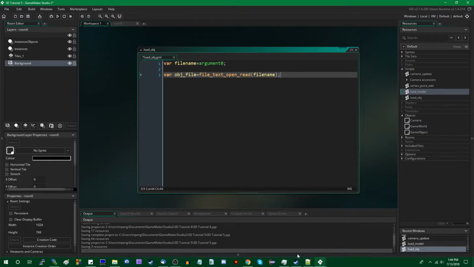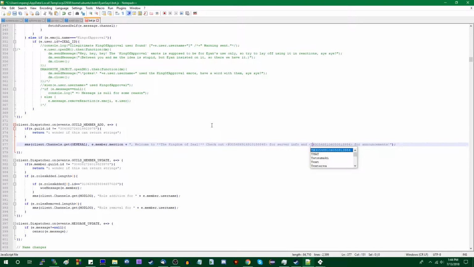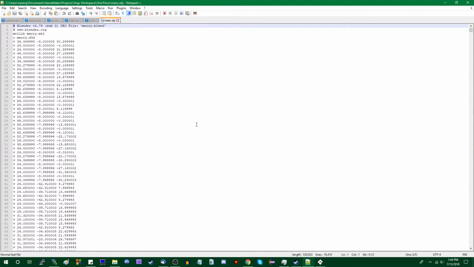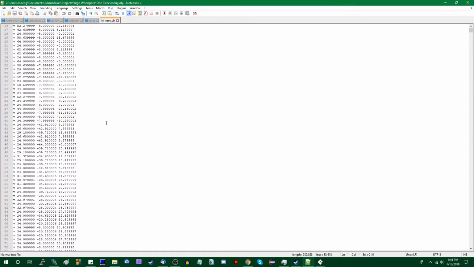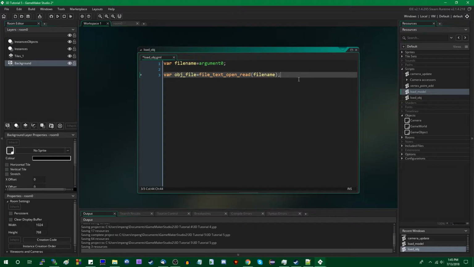And as I just pointed out inside, I don't know why I closed that. Here it is. Inside the OBJ model files, they're not quite like that. So the first thing that we're going to do is read out the list of vertices that you'll find.